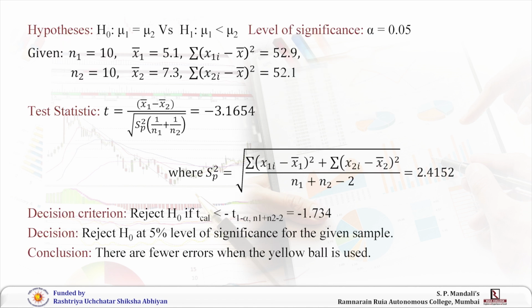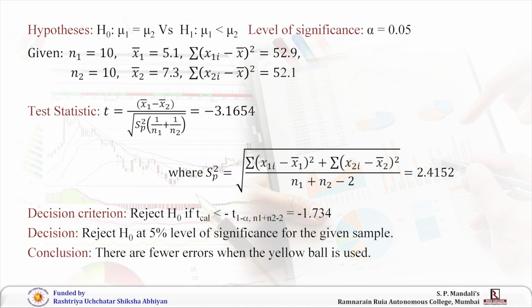So, with the given data, if we calculate the test statistic, the pooled variance turns out to be 2.4152 and when substituted in the test statistic gives the value minus 3.1654. Since H0 is mu1 equal to mu2 against H1 mu1 less than mu2, the decision criterion will be reject H0 if the calculated value is less than minus t at n1 plus